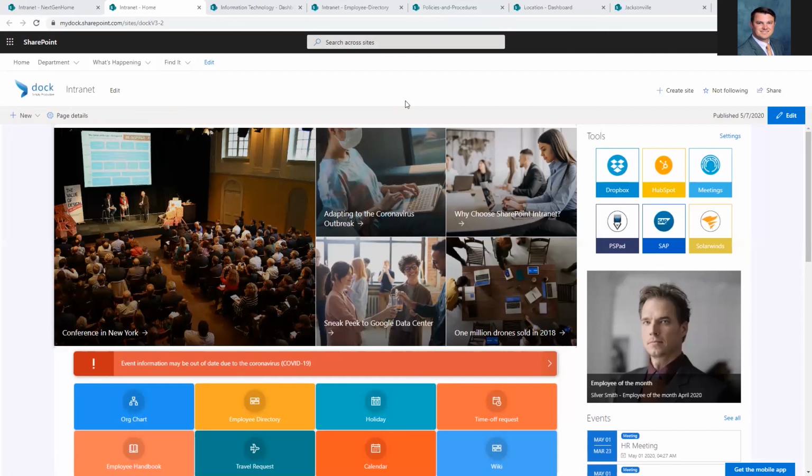SharePoint is a great way for organizations to collaborate together. The name of the game is finding information and materials quickly and being able to collaborate with your organization as a whole. So here is our demo environment. I'm going to give a very brief overview since we are very short on time.